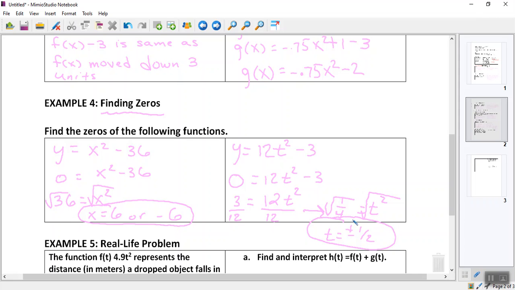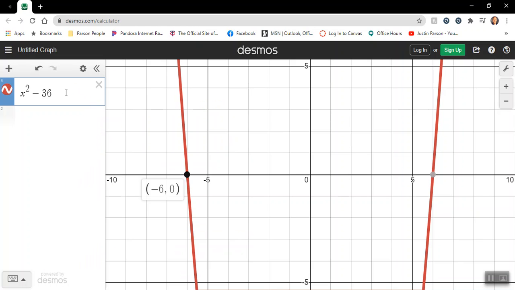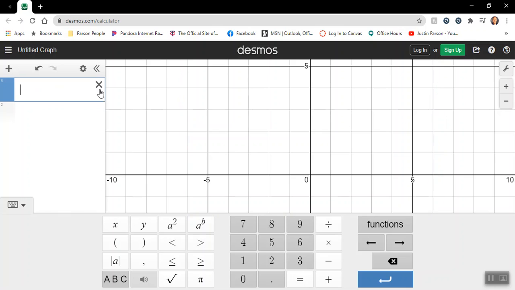where could you go? Could go to decimals. Let's just confirm this real quickly. I'm going to end with this example. We'll pick this last one up tomorrow. What was the function again? I'm going to use x in there. Was it y equals 12t squared minus 3? So I'll just put in 12x